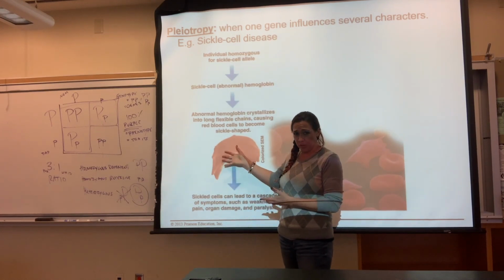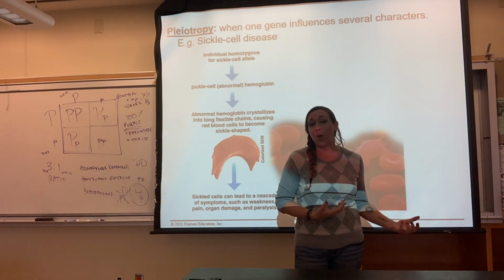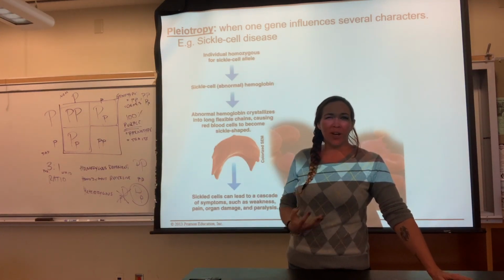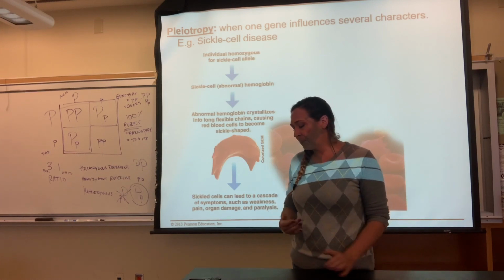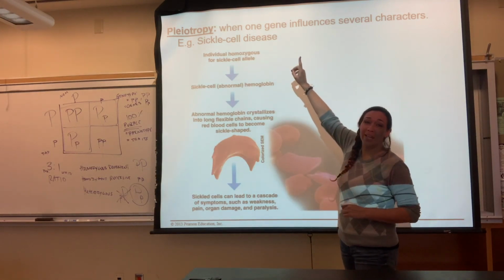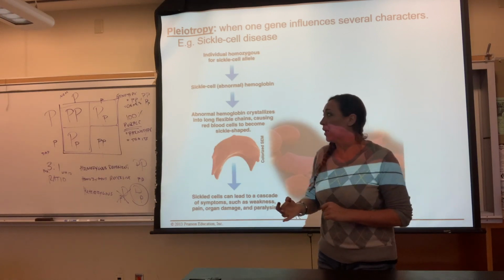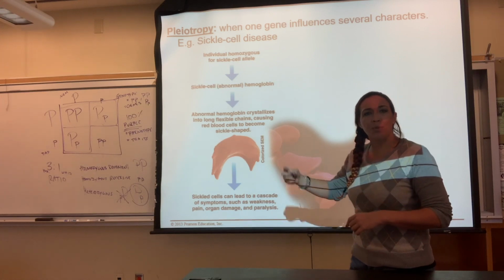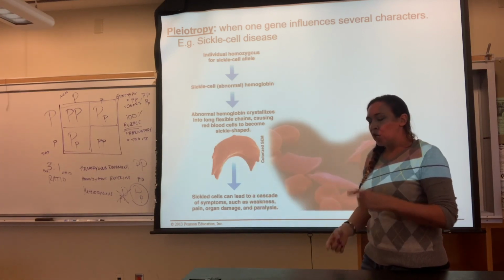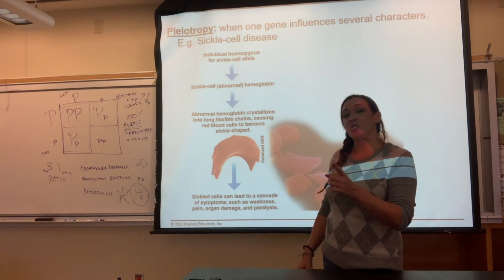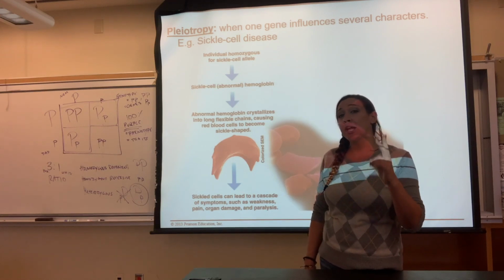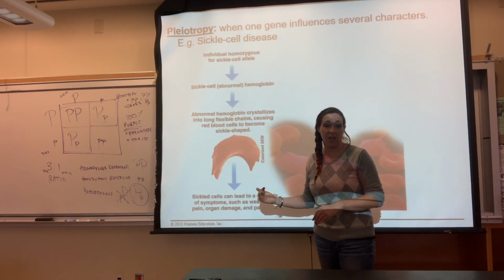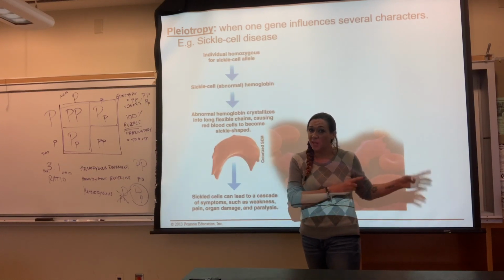Unfortunately, it's good for you if you have sickle cell anemia because you won't get malaria, remember? No malaria if you have sickle cell, but it's bad for you because you don't get that blood functioning the way that it should. This is actually known as pleiotropy. Now, pleiotropy basically means where one single gene is affecting multiple traits. So in this case, that one single gene is the mutated gene, which changes the shape of your red blood cell, causing you to have sickle cell, but prevents you from having malaria.